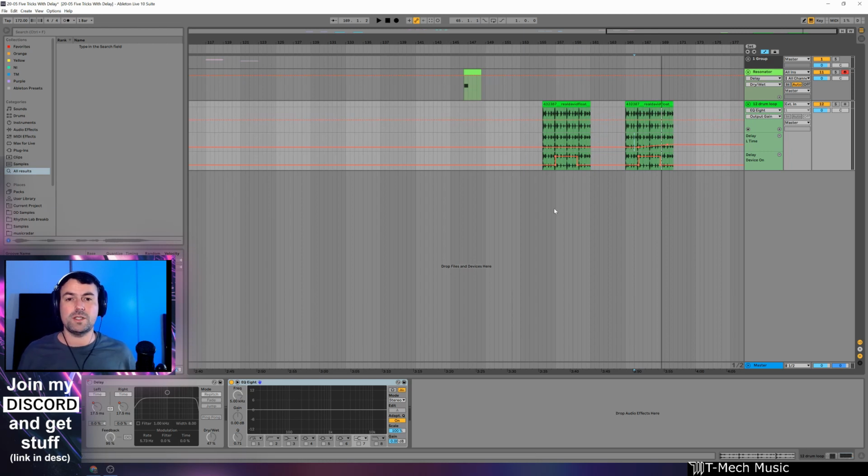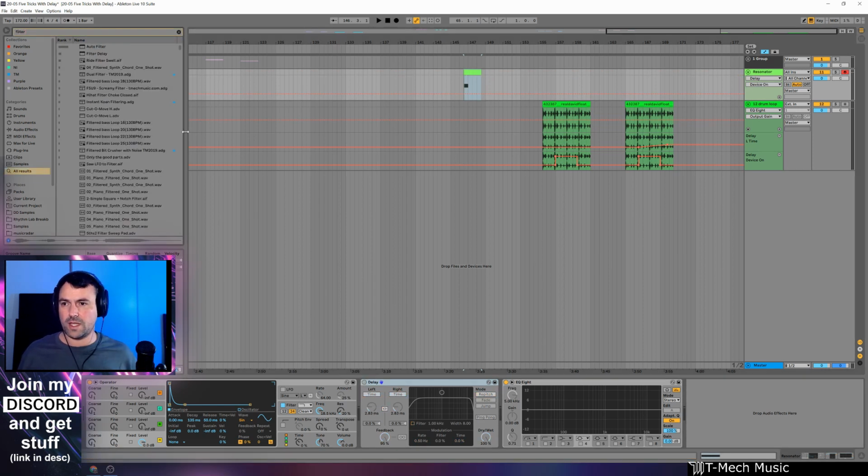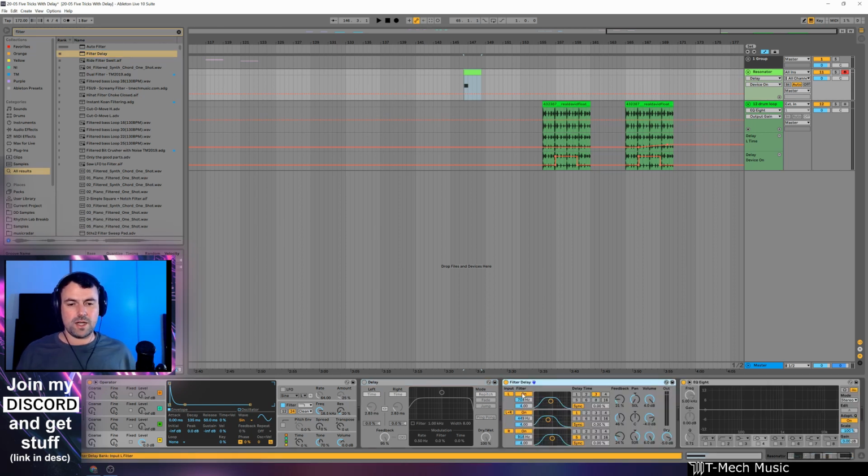Now, one thing to note with Ableton's delay is that the feedback doesn't go for that long. As an example, I can show you how to build a similar thing in Filter Delay, which has a longer feedback control. So I've dragged in Filter Delay. We're going to turn off the left and the right. We're going to turn off the filter on the center channel. And we're going to switch off sync mode to just time. And we're going to put it to 2.8 milliseconds, which is about the pitch of our F. And we can turn the dry down. And as we turn up the feedback,